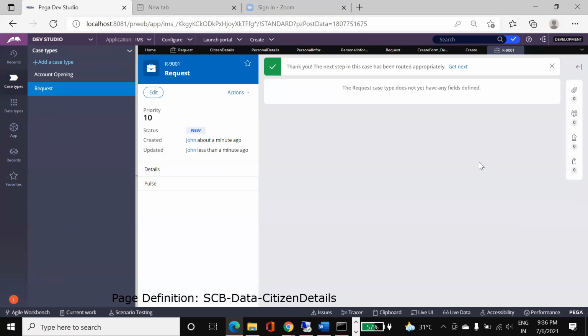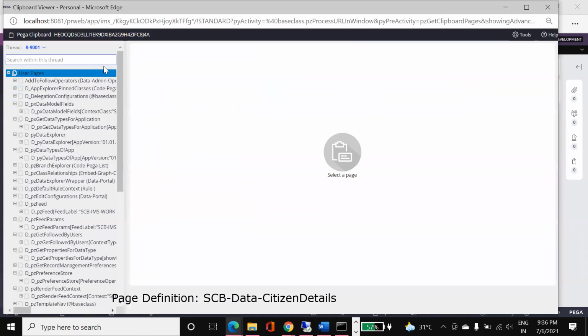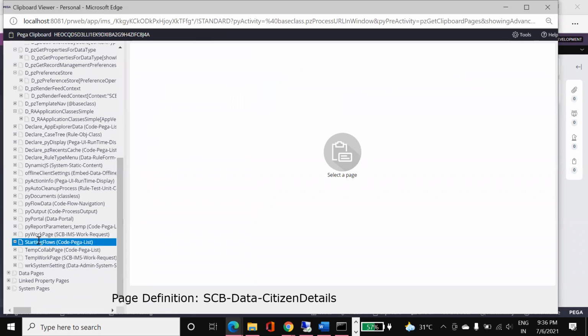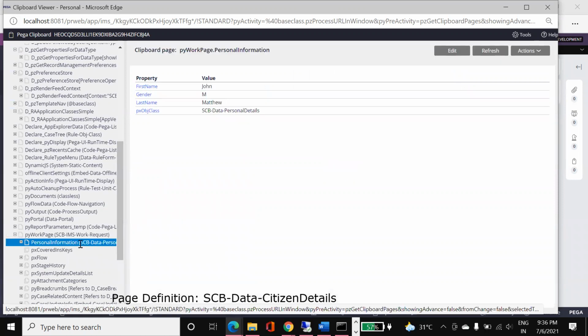Now the data is inside the pyWorkPage. We have a personal information page here, and on top of this page we have our data: first name as this, gender as this, and last name as Matthew.